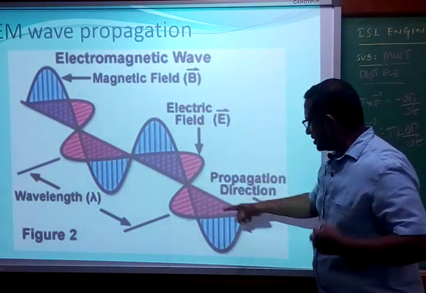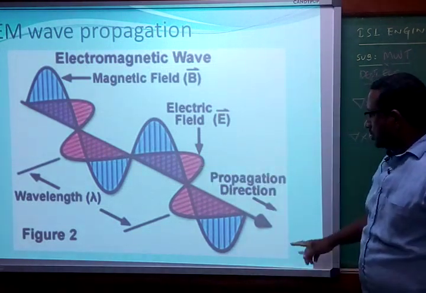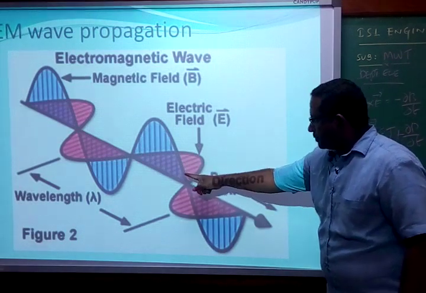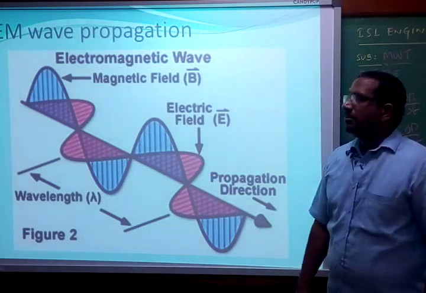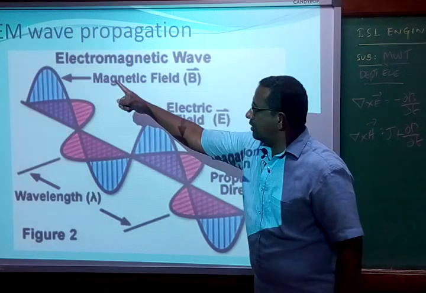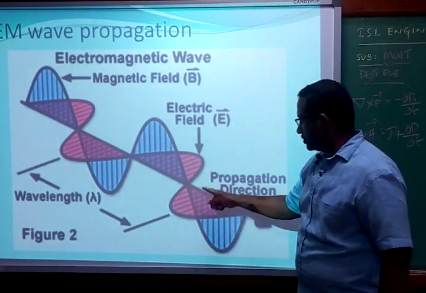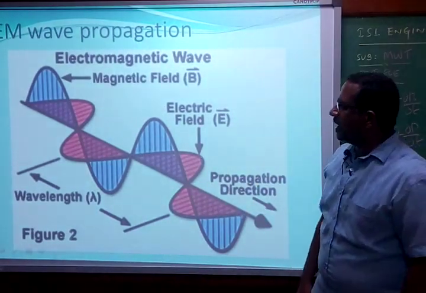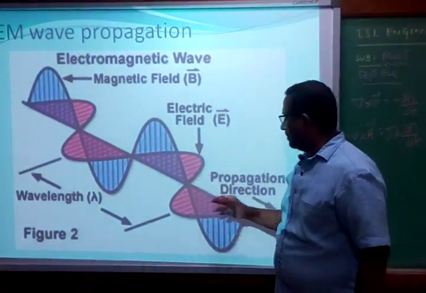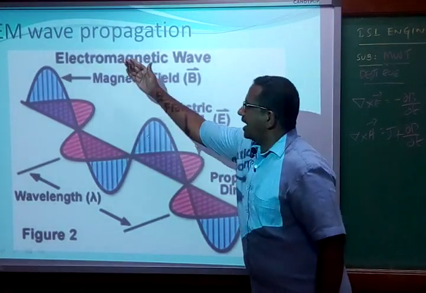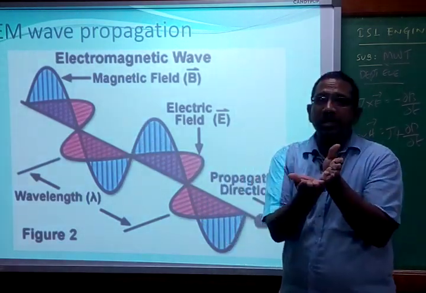Now see this direction, this is the direction of propagation, say we call it the Z direction for example. So the electromagnetic wave is propagating in this direction. For the electromagnetic wave to propagate in this direction, what should be the magnetic and electric fields? See this blue colored sine waveform is known as the magnetic field, and this pink colored waveform is going to be the electric field. If you observe carefully, the pink color is the electric field plane, and the magnetic field flows in one plane, and these two planes are perpendicular to each other.